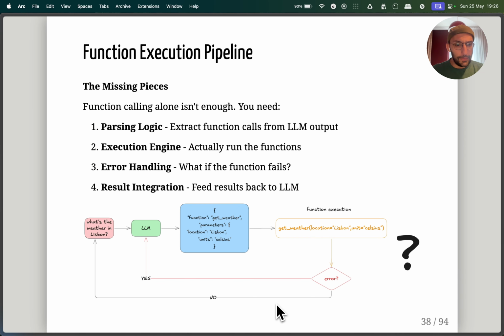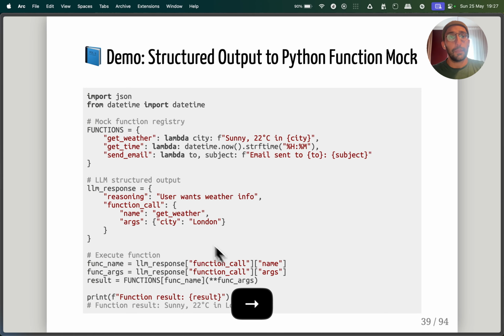Now, there's one thing that might be a little bit confusing. When I say no, we send that back to the LLM. Actually, if there's no problem calling this function, the output usually goes back to the LLM itself and then goes back to the user. But that depends if the user just wants the response, that we could do it directly. The point is we're halfway done with giving LLMs the ability to act autonomously.